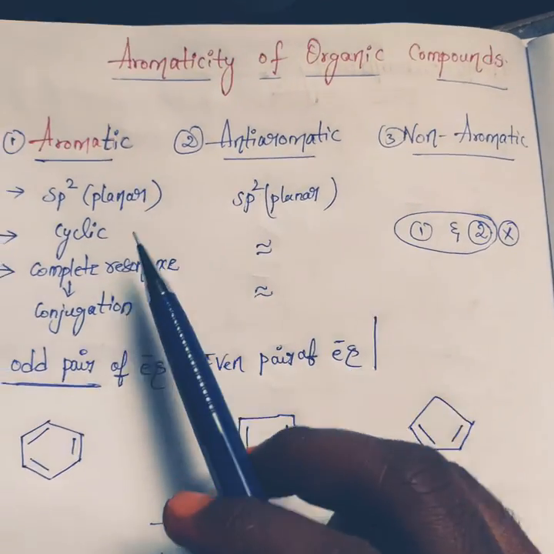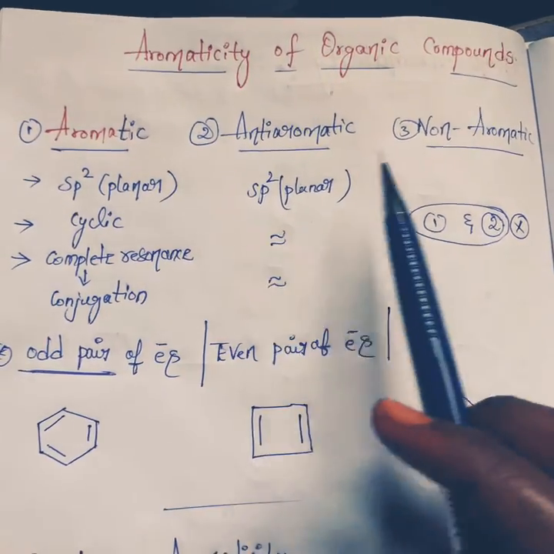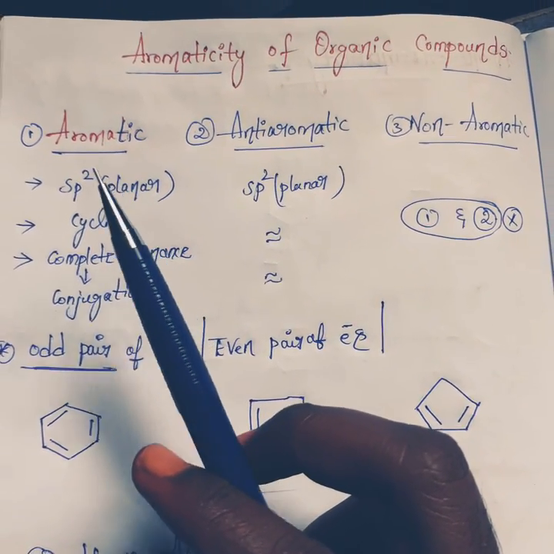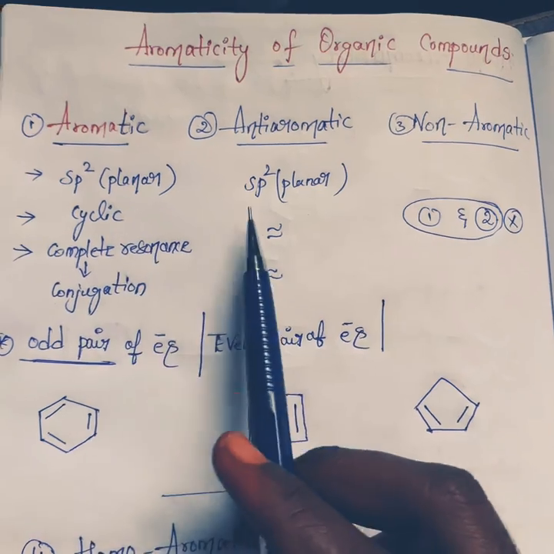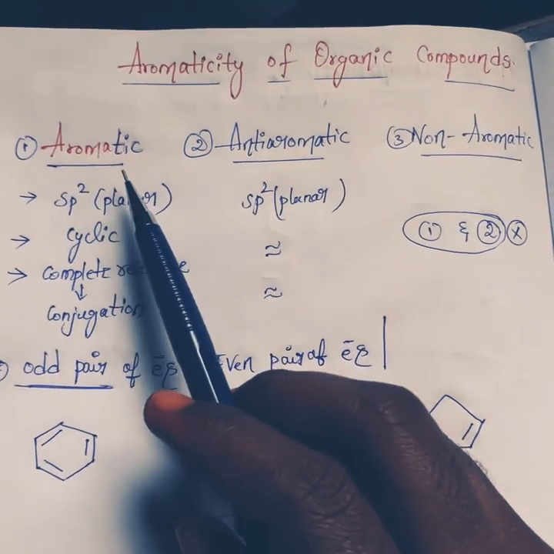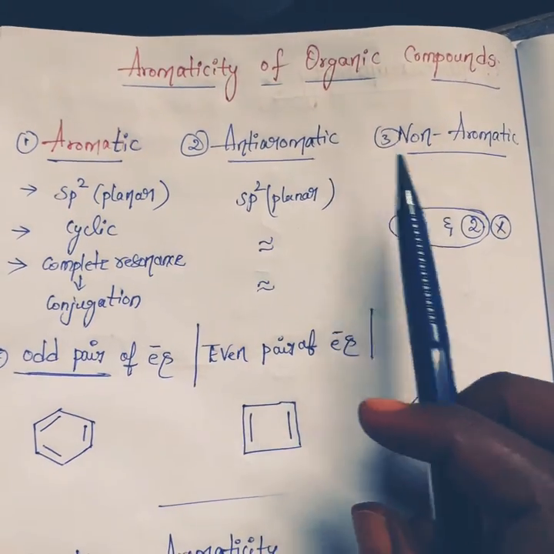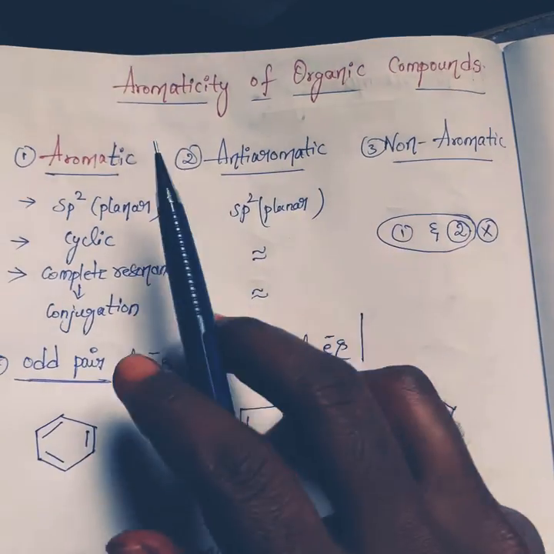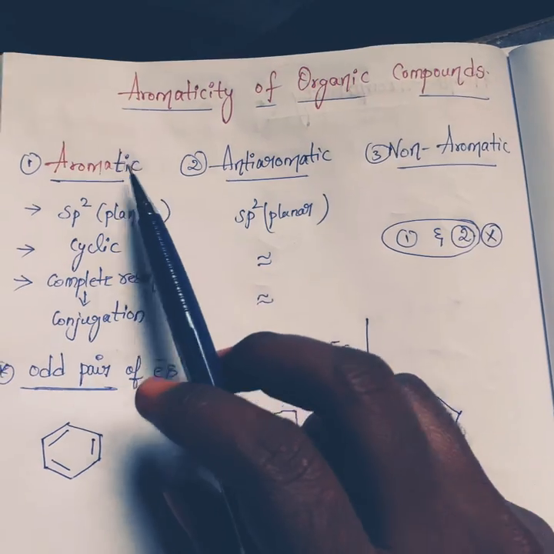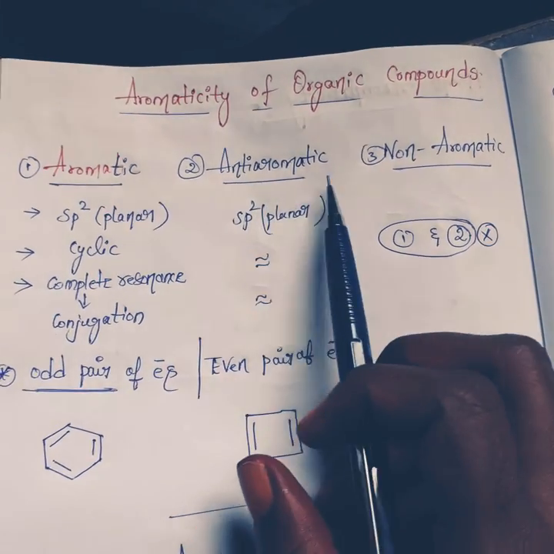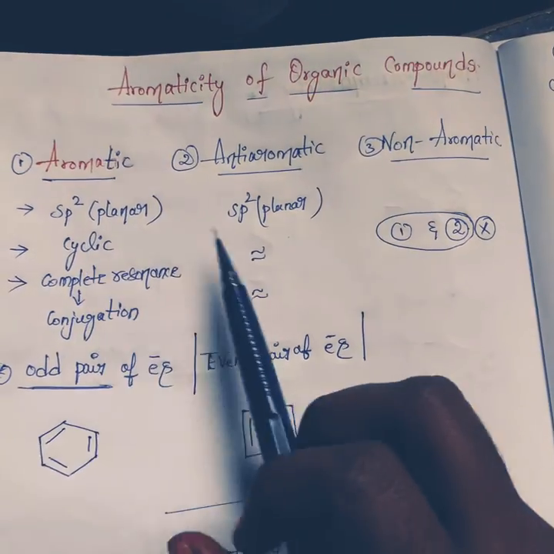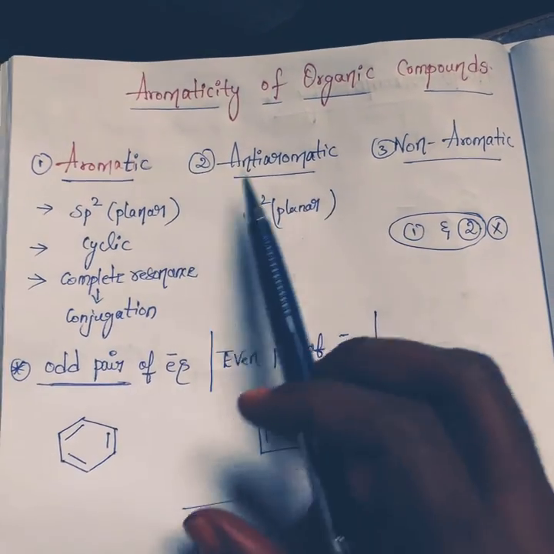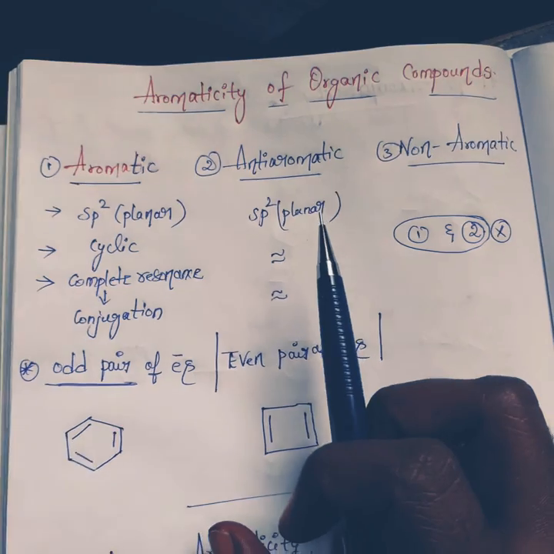First we will discuss these three, because that fourth one is a little bit different, so I'll discuss that later. Okay, let us see this first: aromatic, anti-aromatic, non-aromatic. Here, if you observe, the rules to exhibit aromaticity or anti-aromaticity are almost the same, friends, with just one difference that I'll tell.